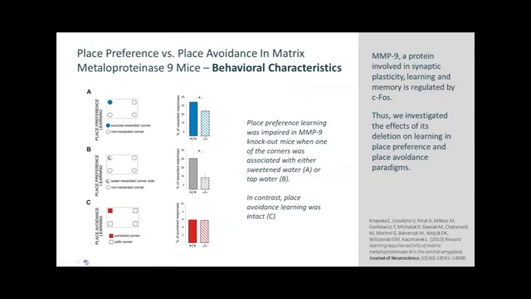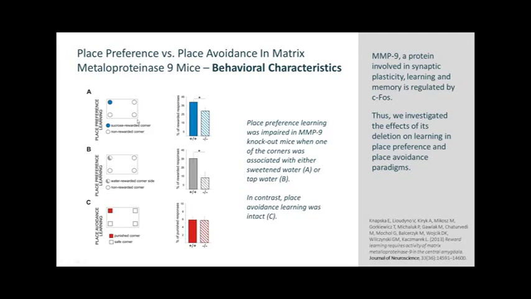Then we wanted to study the mechanism of the central amygdala involvement in appetitively motivated learning. We focused on another protein, matrix metalloproteinase 9, MMP9. This is a protein involved in synaptic plasticity, learning and memory, and is regulated by CFOS. So we started with studying MMP9 knockout mice